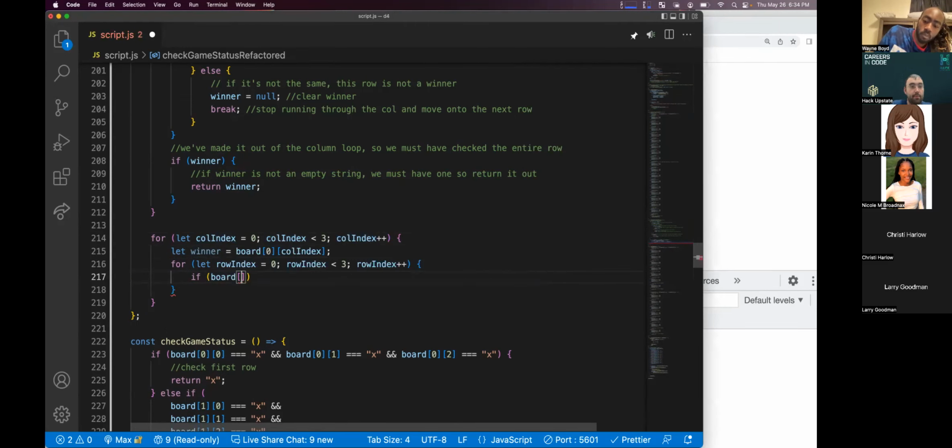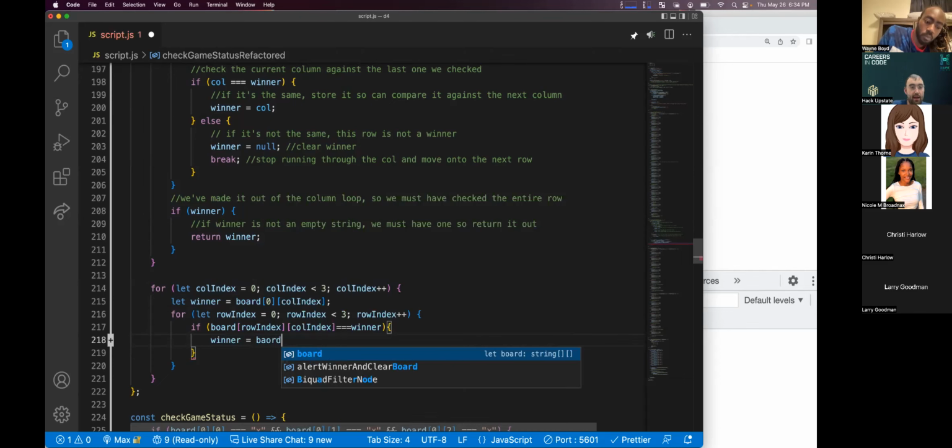Our winner is now going to equal whatever value we are currently on in the board. Otherwise, they must not all be the same. So we're going to say there is no winner in this column. Break out of the loop.